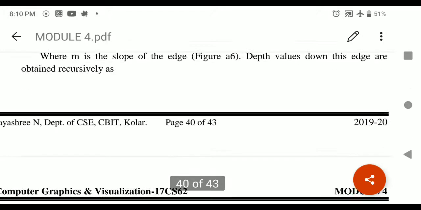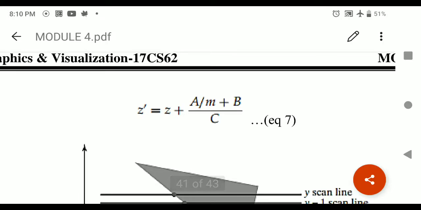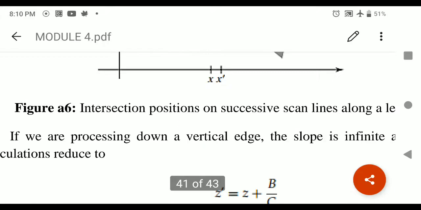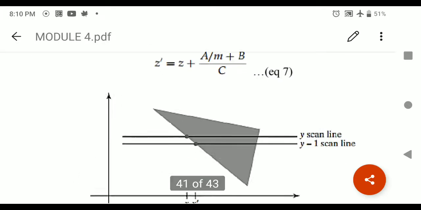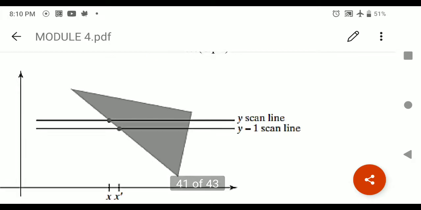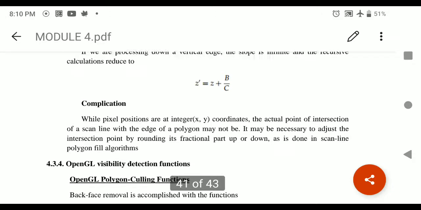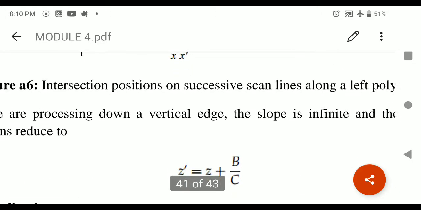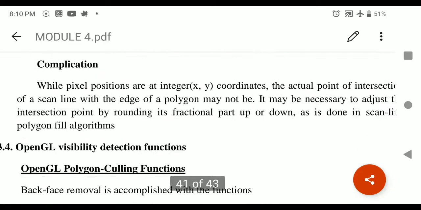Here we can rewrite the expression using that as Z plus A by m plus B by C. Overall we can write the equation as Z dash equal to Z plus B by C, and this is the same representation if you are going along the y direction. In the vertical form we will be rewriting the expression as Z dash equal to Z plus B by C in case we are going in the y direction.